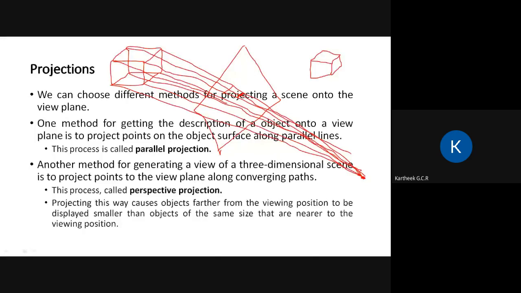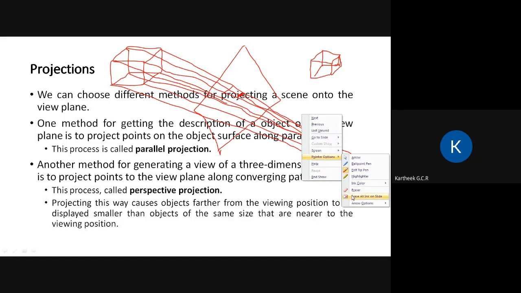My object would look something of this sort. It's basically what I get to see with respect to the perspective of this viewer. So the typical perspective projection is what we see.